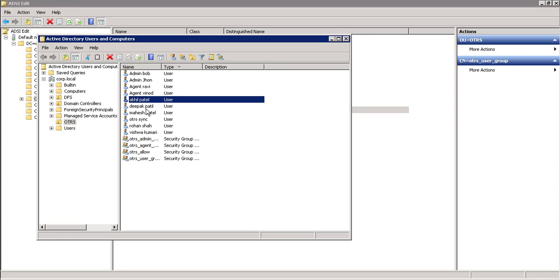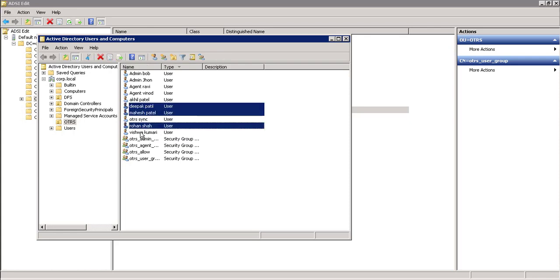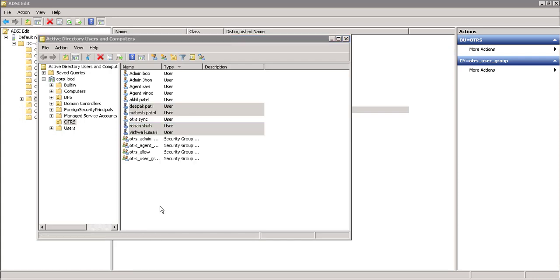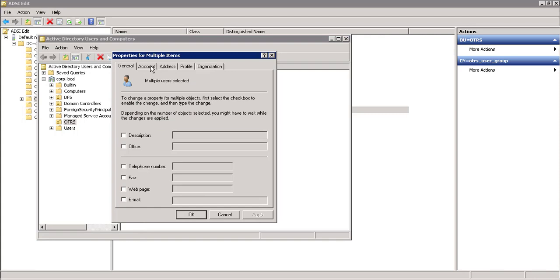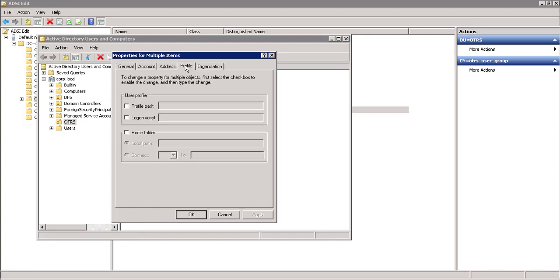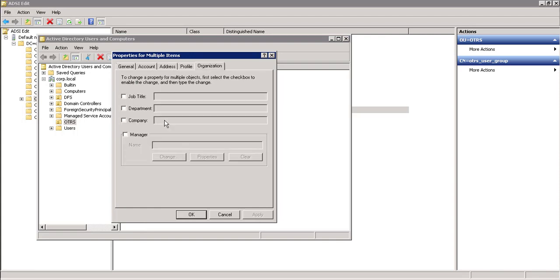So let's select all our users. Go to properties. Go to profile, organization. It's a company. This is the attribute I'm going to use for company ID synchronization.